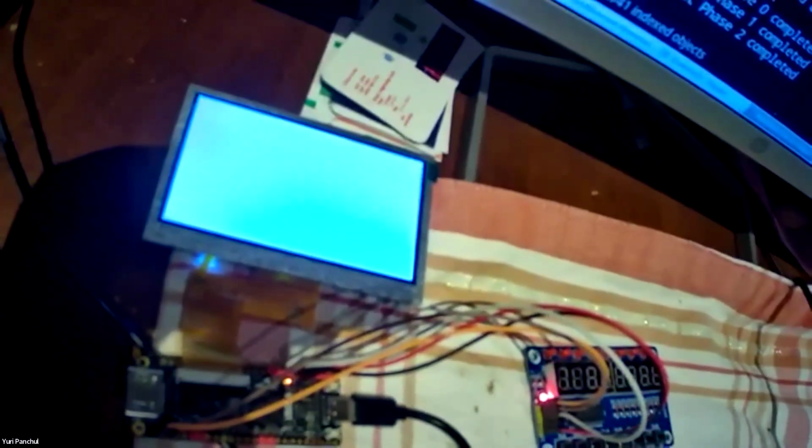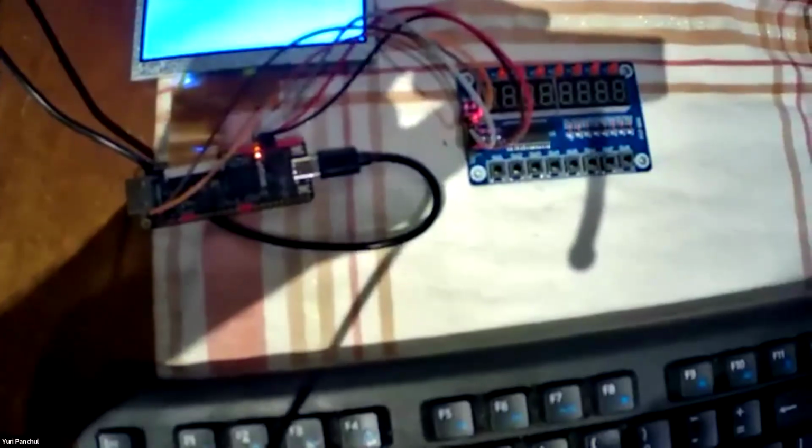So let me now stop sharing and put everything on camera. Wait, I think I didn't connect it well. A second.